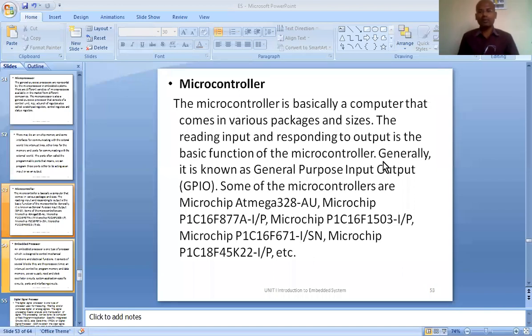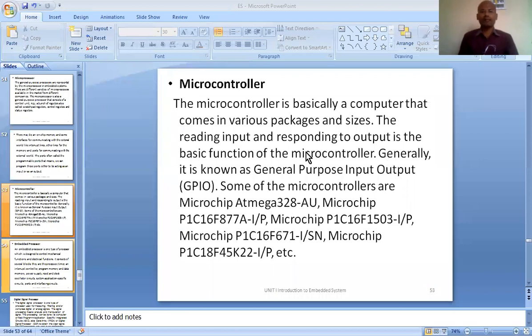If you want to build a computer, you need all the peripherals. It doesn't have any clock generation circuit, timers, or memory, or anything else other than these three. So you have to add all these things to the processor to make a computer, whereas a microcontroller has all these things within the same IC.